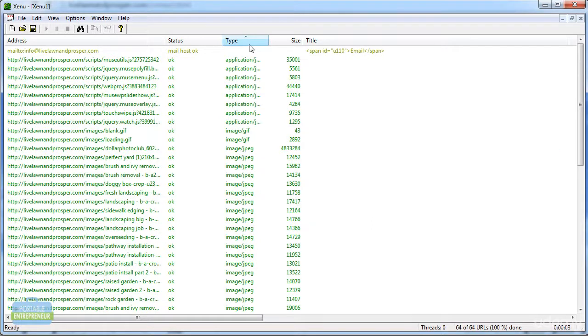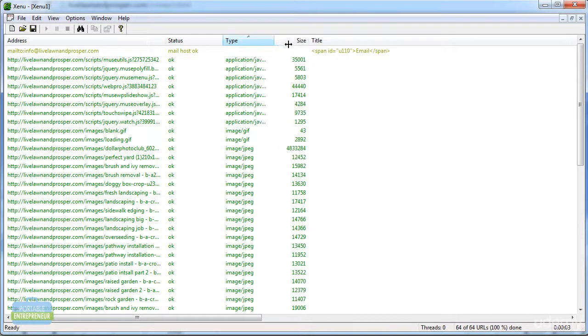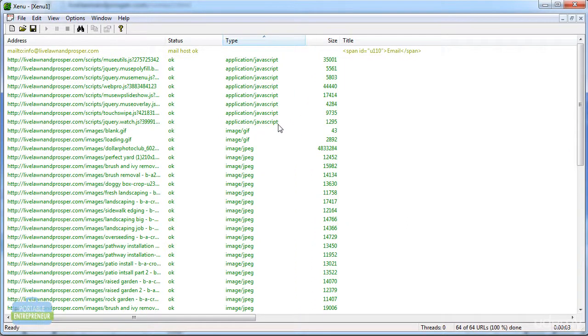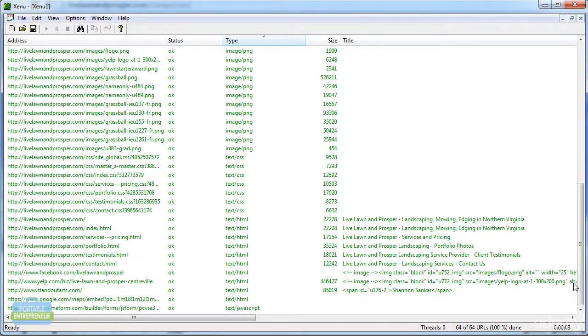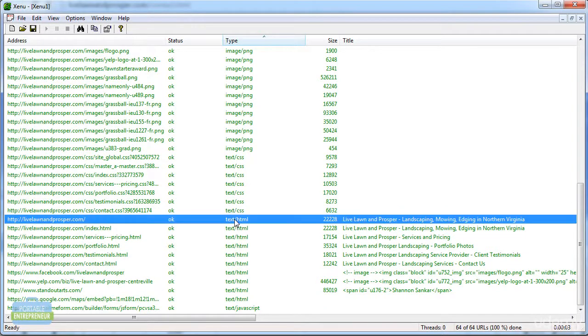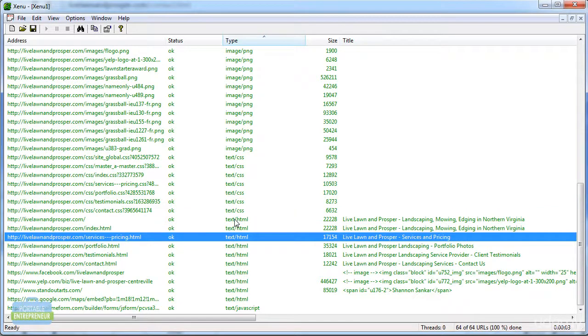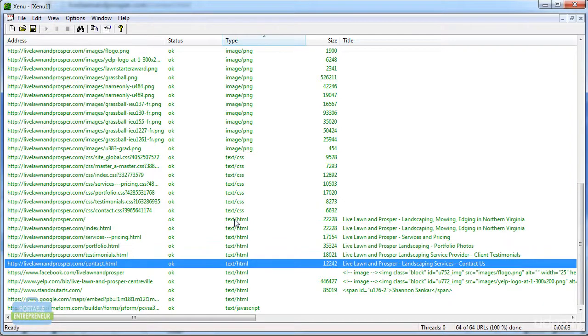Now I can sort by type here, and you can see that it is going to put all the JavaScript files. It pulls all the images. Here we have GIF images, JPEG, PNG, etc. We have all our CSS files, and then it pulls down to our HTML files. So we can see we have 1, 2. Although these 2 are the same page, search engines may be viewing them as 2 pages, so I'll have to look at that. So that's 1, 2, 3, 4, 5 pages that we have, but it also shows that the